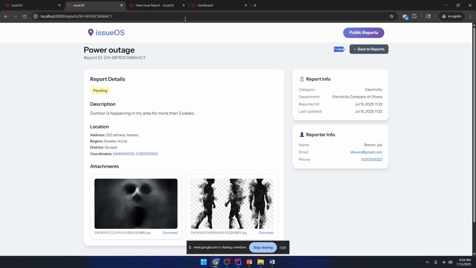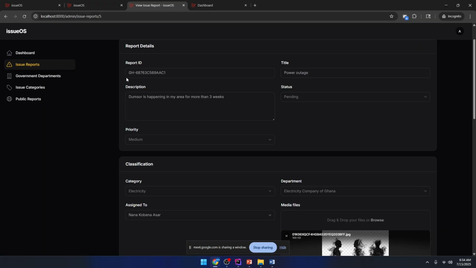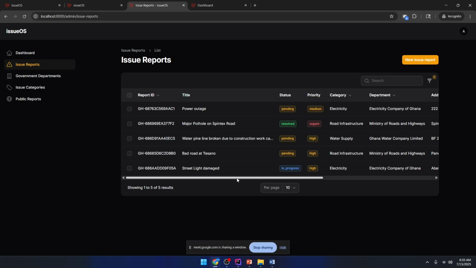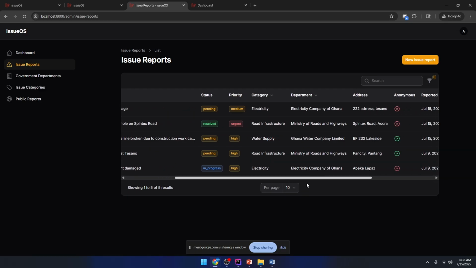And let's say you want to update the same issue that we logged. When you come to this same section, you can see all the info or the reports being logged, or you can just edit it right here. But I wanted to show the overall report. These are the available reports that we have in our system: report ID, title, the status, the priority, the category, the department, the address,